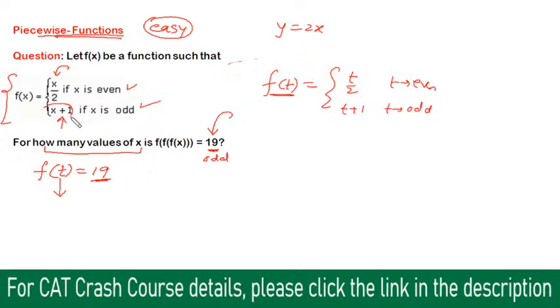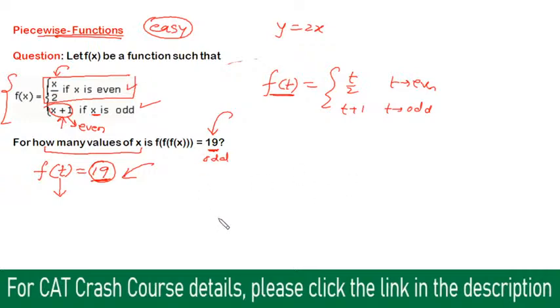I'll be getting x plus 1 when x is odd. So can I say this part will always be even? Comment में बताइए. If x is odd, then according to the function, it will be x plus 1, right? So that will always be even, right? But here we are getting odd, right guys? ठीक है? That simply means that if I'm getting 19, which is odd, it must have come from this portion of the function